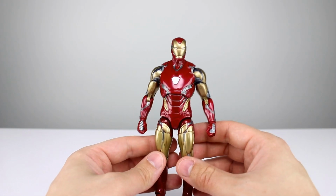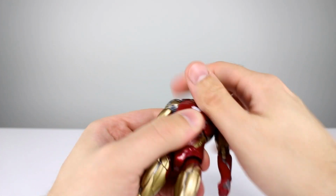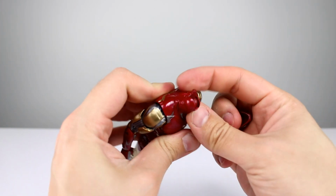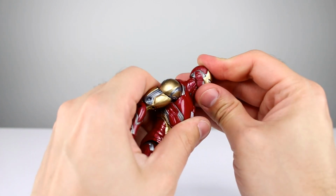Alright, so on to the articulation. They have had a lot of trouble with articulation on Iron Man figures from the movies. How did they do on this one? First of all, this part is really tight. Or wait, it just doesn't go back very far? No, it goes. I guess it's just tight. Alright, well let's try it again. Let's see if we can...